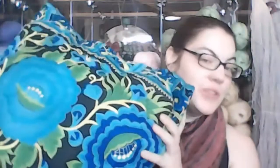I have a giant bag full of stuff to show you. So there's no real order. It's just whatever comes out of the bag next. But in front of me, I have a little bag. So I will show you this. I am knitting a sock,